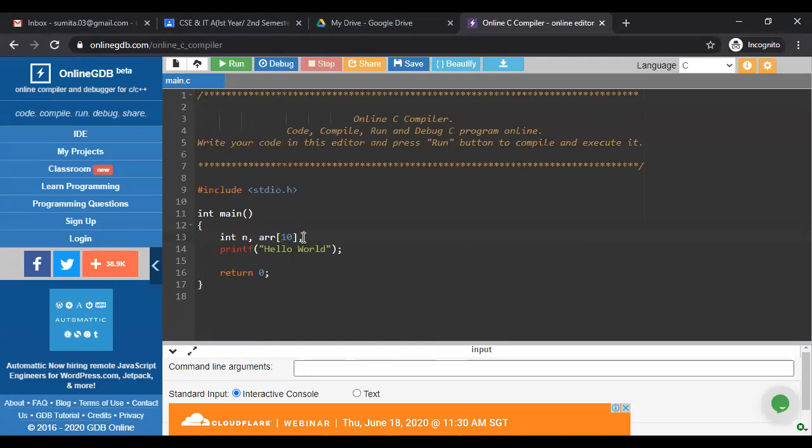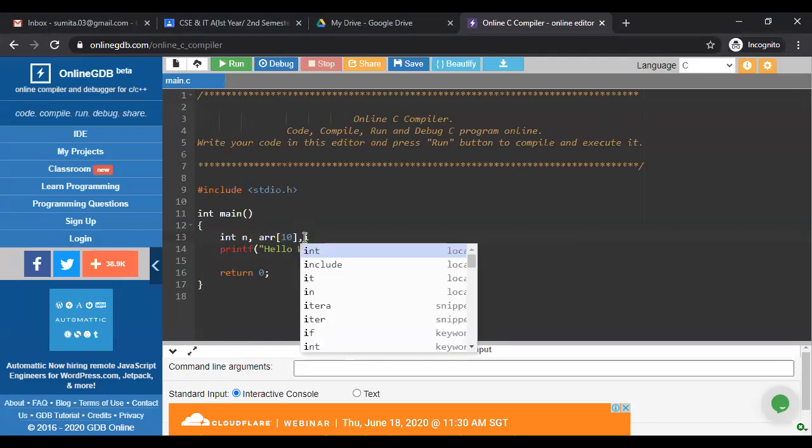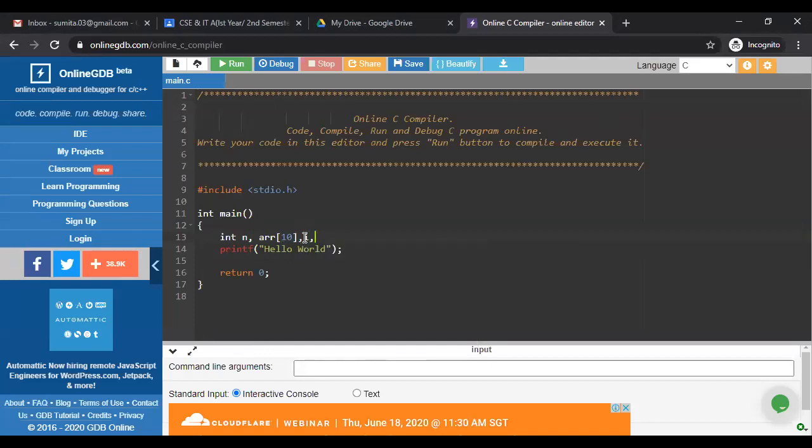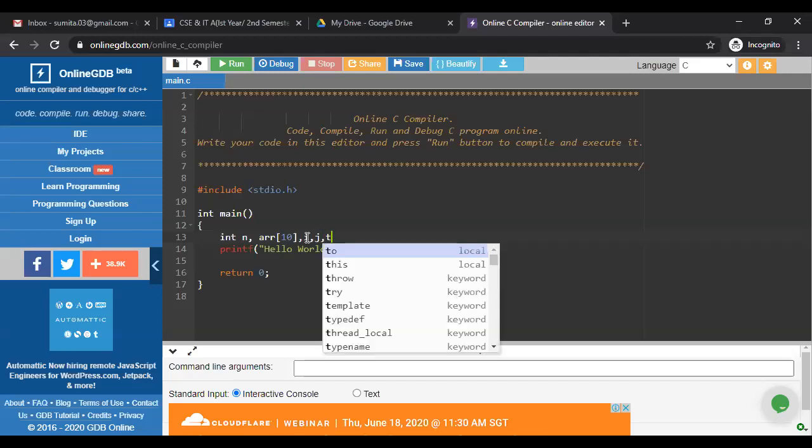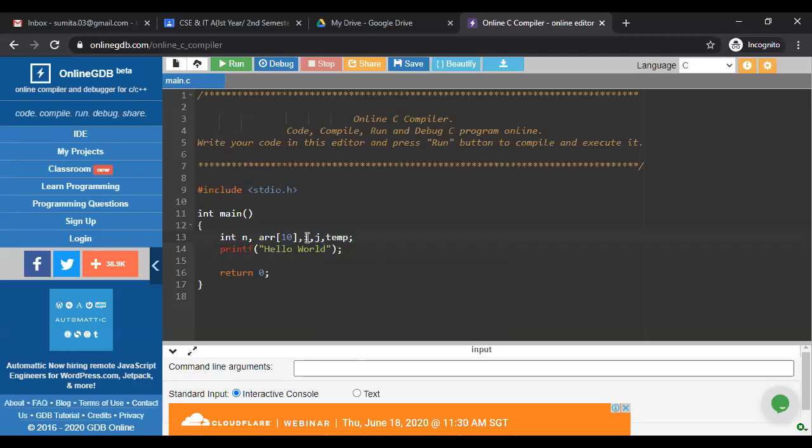After that, we declare our outer loop variable. I am taking that one as i, and we execute an inner loop for doing those comparisons. So I am taking j, and taking temp for swapping the values of two variables using a third variable. That's why I am taking temp, same as bubble sort.